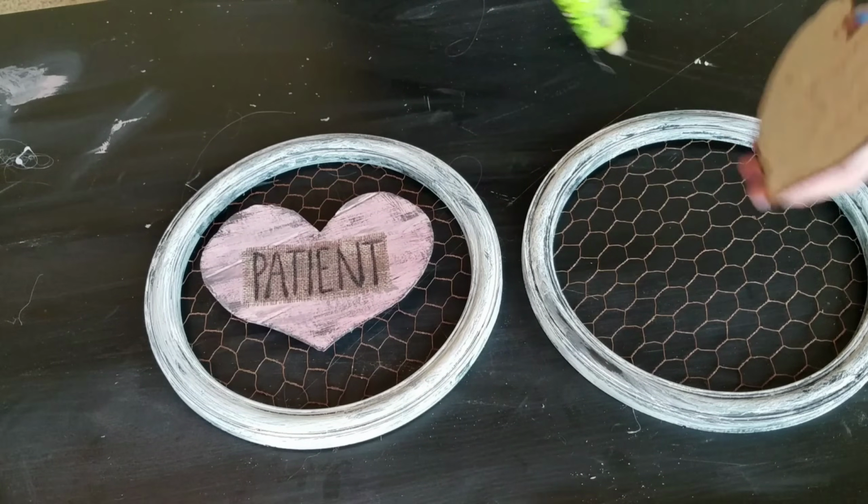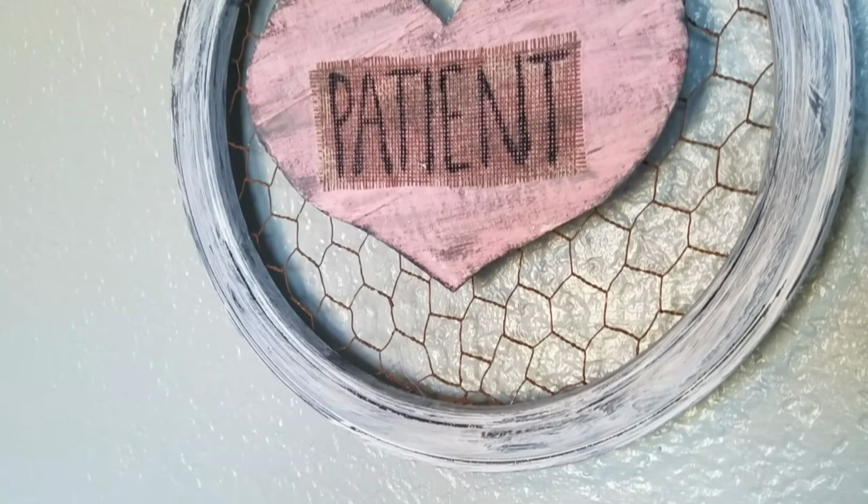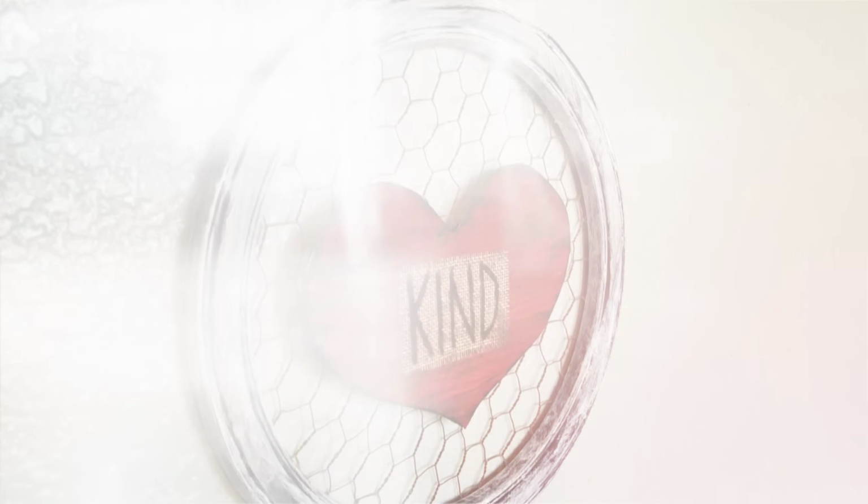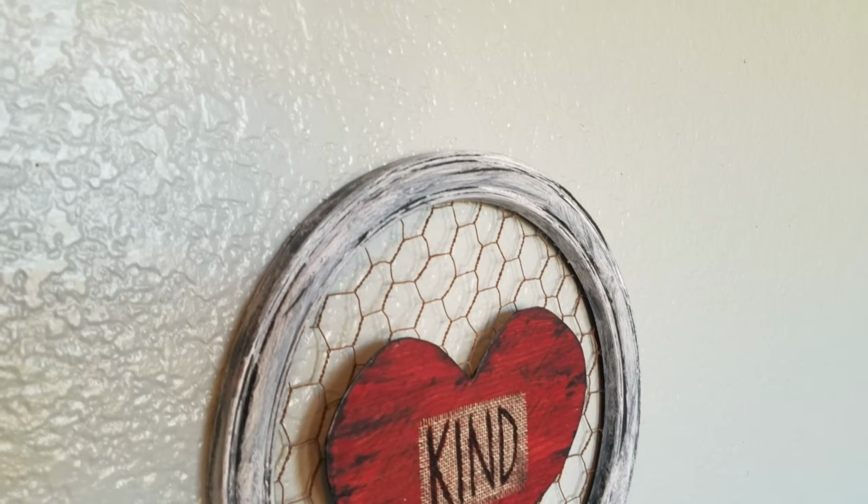Now here's why I love this DIY. I can easily tear these hearts off after Valentine's Day and put another picture up there, or actually I was considering using this to hold my earrings or something along those lines. Either way, everything I make, I put in my home,